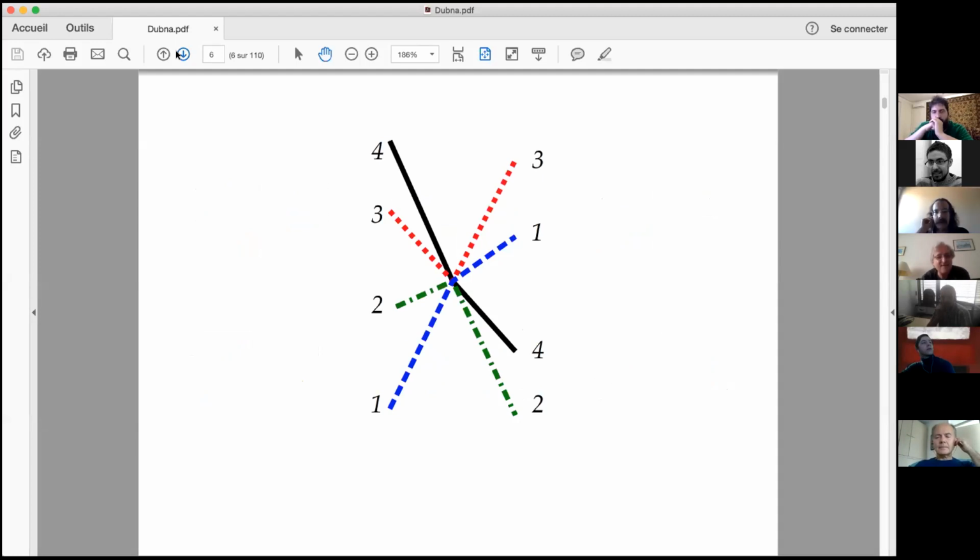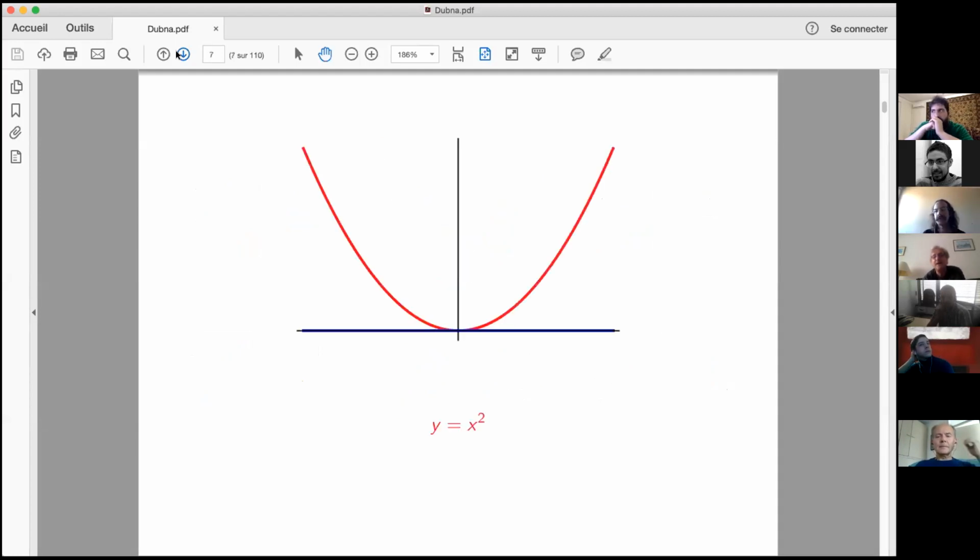The proof is very simple and I think very interesting, and I will show you actually 2 proofs. Let me begin with the most natural and simple one. Suppose you have 2 polynomials like x squared in red and 0 in blue. You see here that the permutation associated to these 2 polynomials is very simple. The red is on top on the left, is on top on the right, the blue is below the red on the left, and is below the red on the right. So the permutation is very simple.